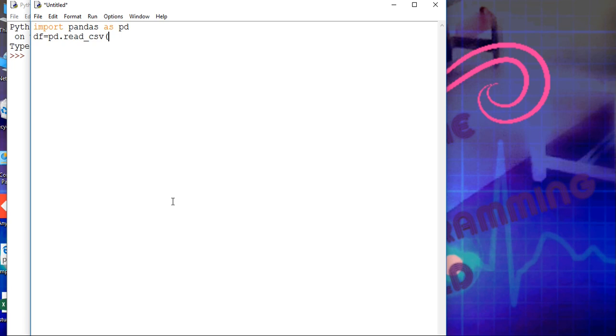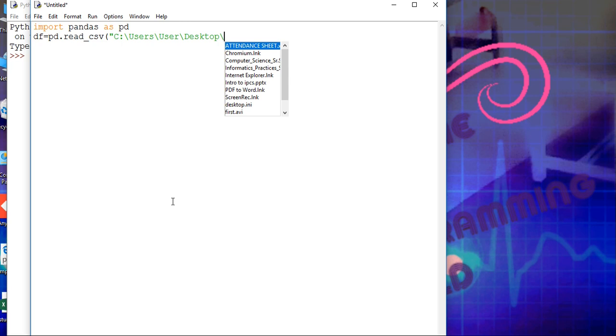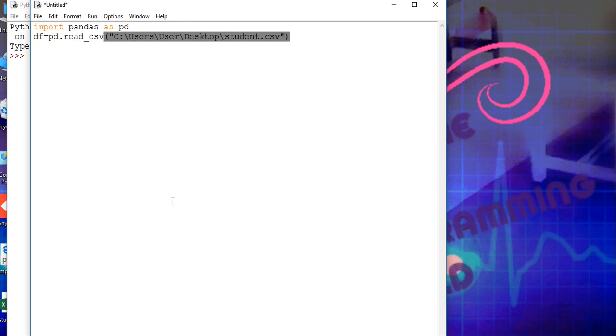After opening the parenthesis, paste here the path. Use slash and the file name that you saved. Our file name is student.csv. Inverted comma close, parenthesis close, enter, and print df.